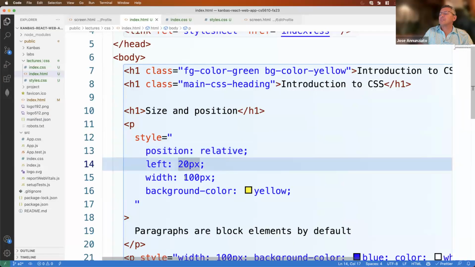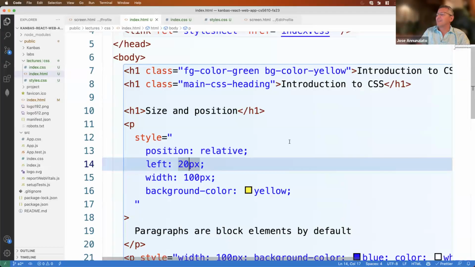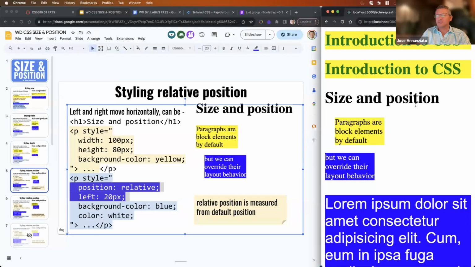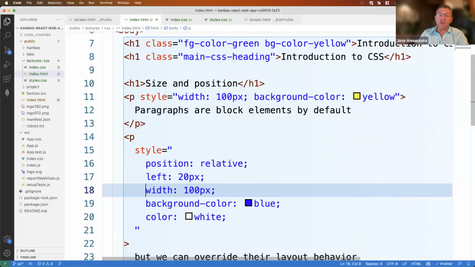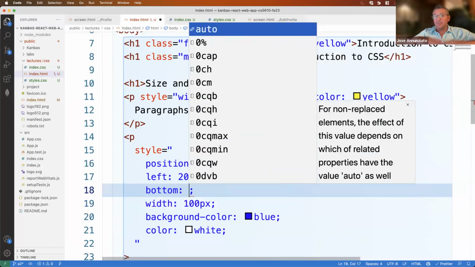So if this is left, and then we refresh, notice that it moves, and I think it was meant to be applied to the one below here, like that. So let's refresh. There it is. So we nudged one of the paragraphs to the right-hand side by 20 pixels, which is fine. Nothing is happening, it looks like it's indented. But what if I also set the bottom and say I want you to move from the bottom, I want you to move up by 50 pixels,